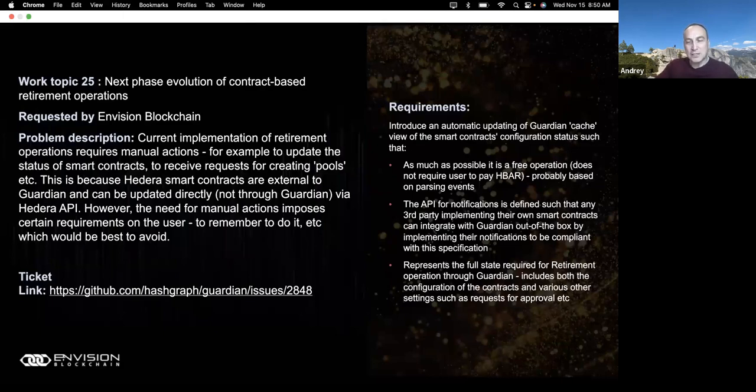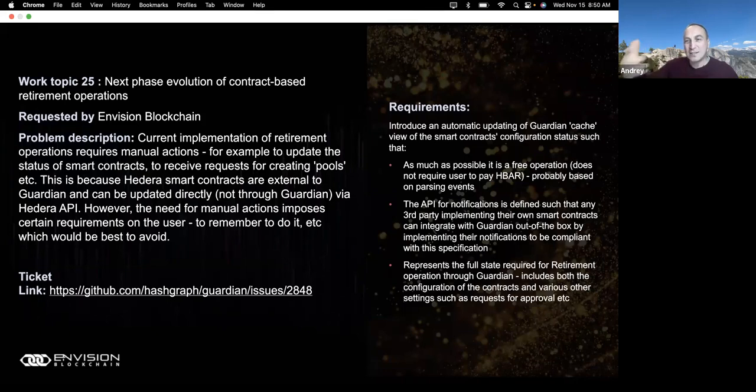But we need to enhance the way events in Hedera on tokens are represented in the Guardian, because most of the stuff happens in Guardian, and when it comes out of Guardian, it's immutable. It's on IPFS and Hedera, but with tokens and their retirement, we produce a token, Guardian remembers the state of the token, and so on, but then things can happen to that token from outside the Guardian.